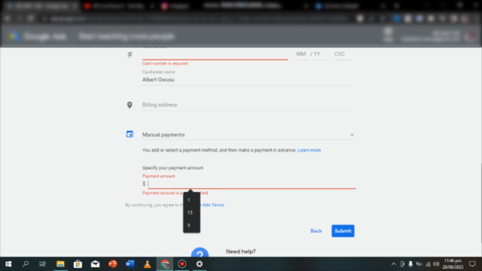Now if I put payment amount, I chose 0.05, right? So if I put say $1 there, look at this, amount must be at least $10. So you can't put less than $10 in there. The minimum amount that you can put there is $10. Now if you're in Ghana, $10 converts into cedis, it shouldn't be more than 110 or 120 cedis, as of now.